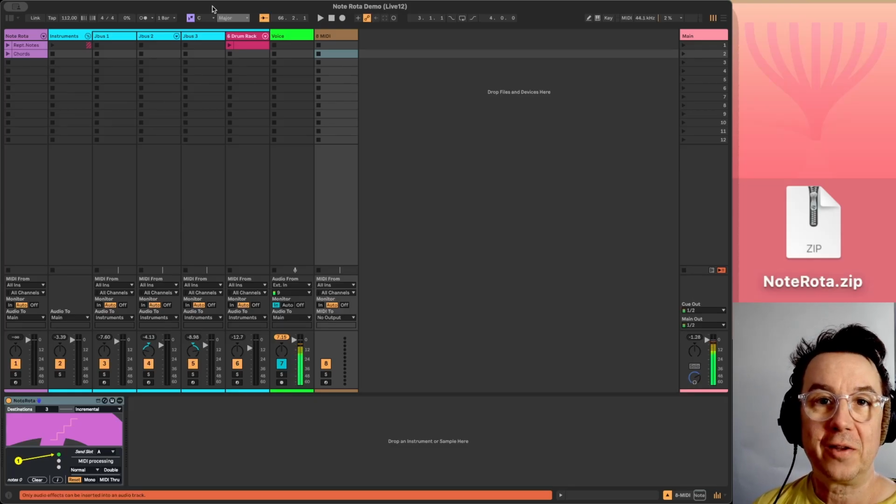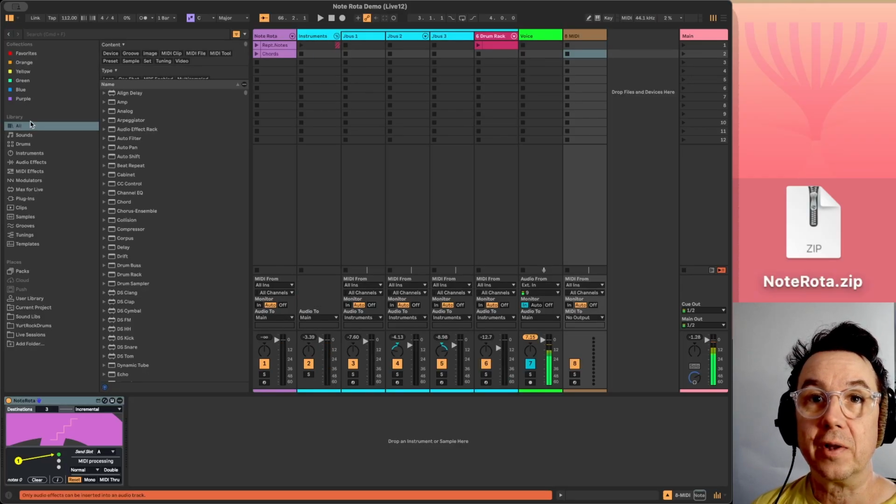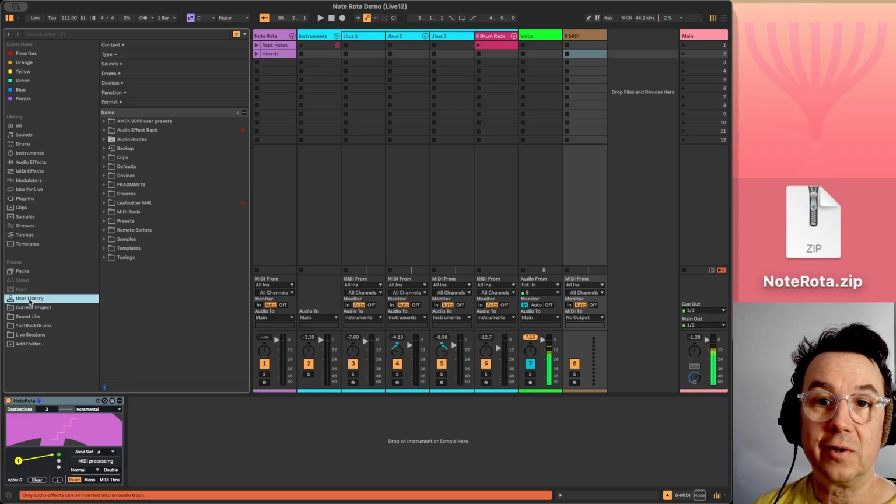I'm going to show you the best way to install one of the Max for Live plugins that I've made. Inside Live, open the browser and then you'll see the library and places, and in places select the user library, and if it's the first time you've installed a Have Fun plugin, then right click in a bit of free